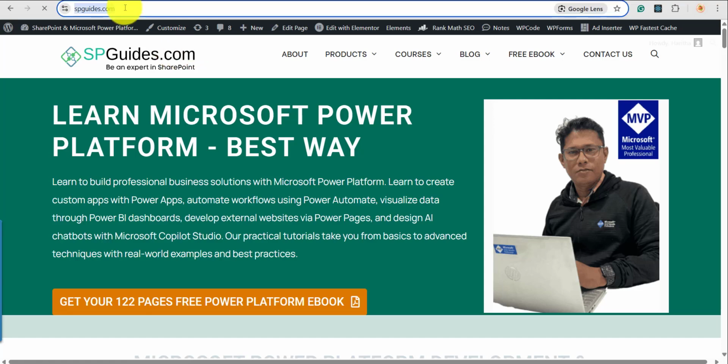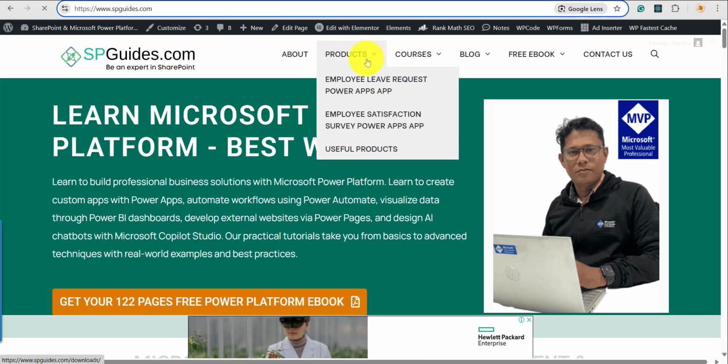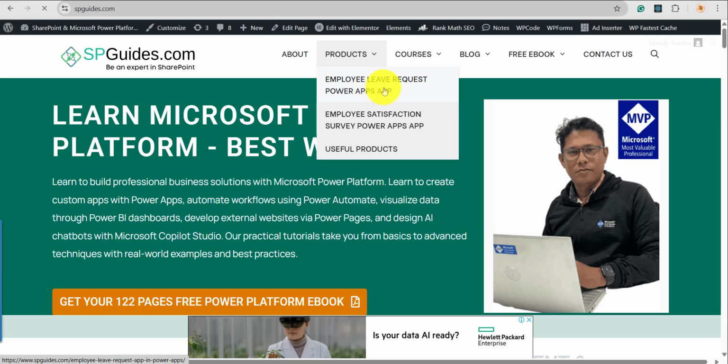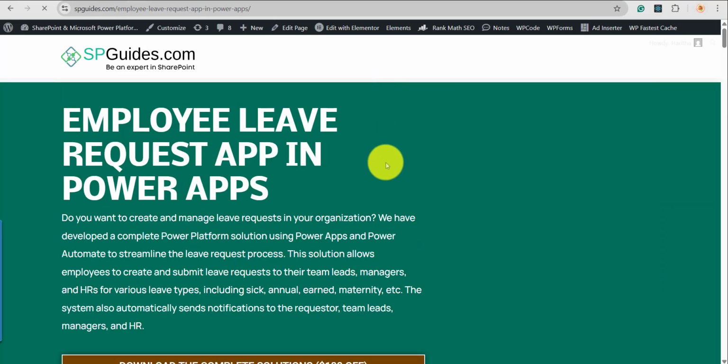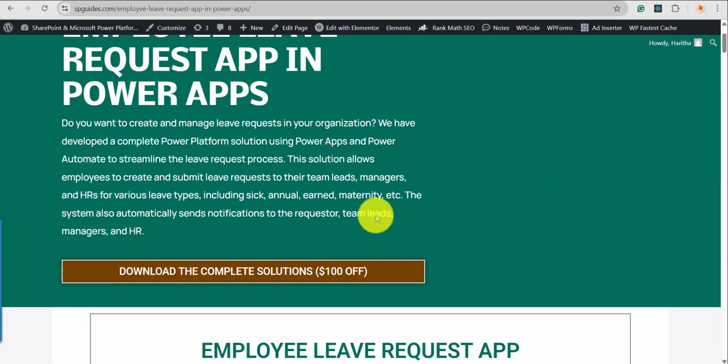So when you open this spguides.com, here you can see the products. Click on this employee leave request app. So actually we created this employee leave request app in Power Apps. Within 2 minutes, I will explain how this application is working, along with the screens whatever we have